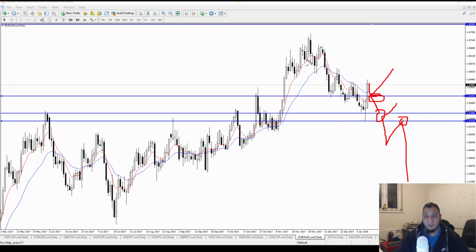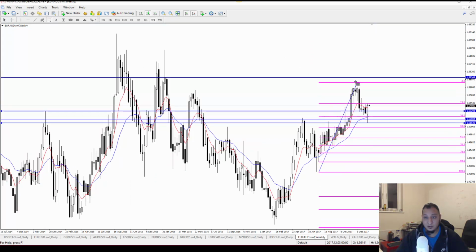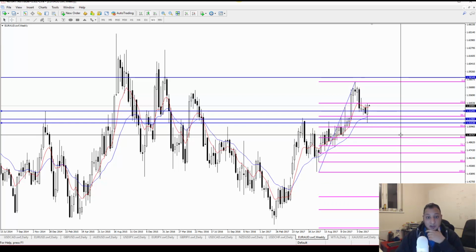But at the moment, because it's a downtrend, that pin bar rejection in a key level, but the previous uptrend, it's a bit of a risky one, this one. Let me see if I could just spot something that I just didn't spot yet in the weekly. If I get my fibs from that low to that high, no, it could come down towards the 61. It's quite messy, this chart, but